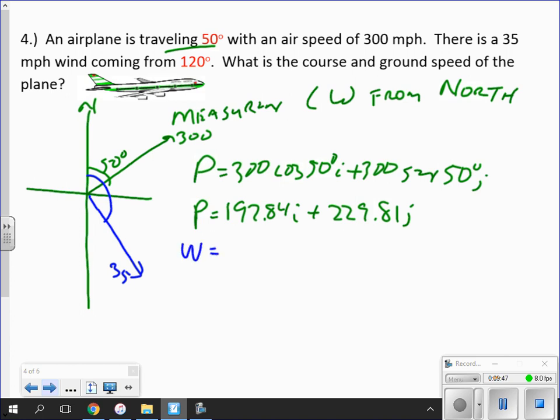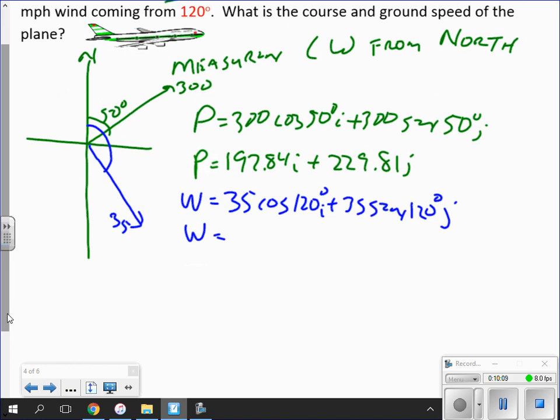And then we do the same thing for the wind. 35 cosine of 120 degrees I plus 35 sine of 120 degrees J. So our wind in component form is negative 17.5 I plus 30.31 J. And the resulting vector, if you add the two of them together, the ground speed is